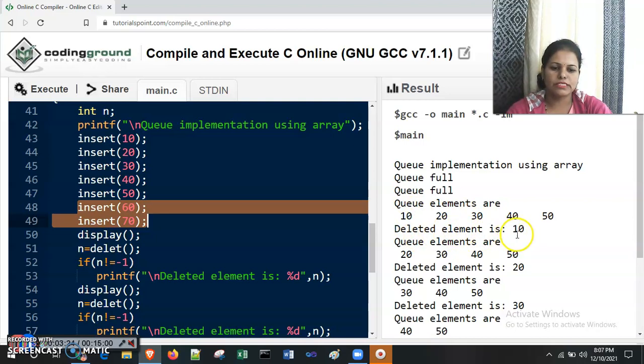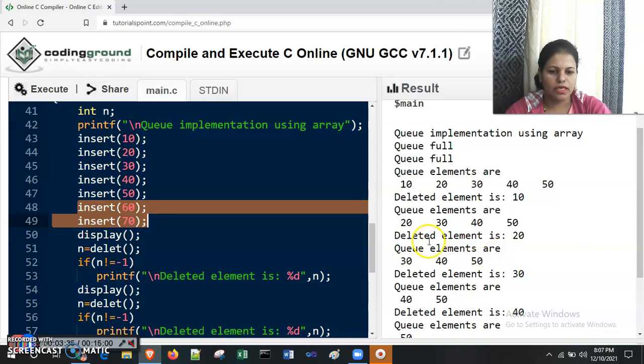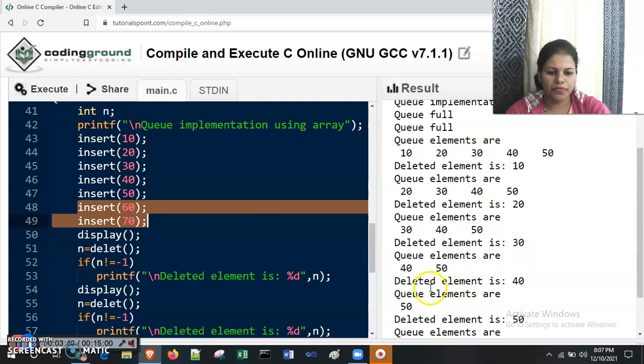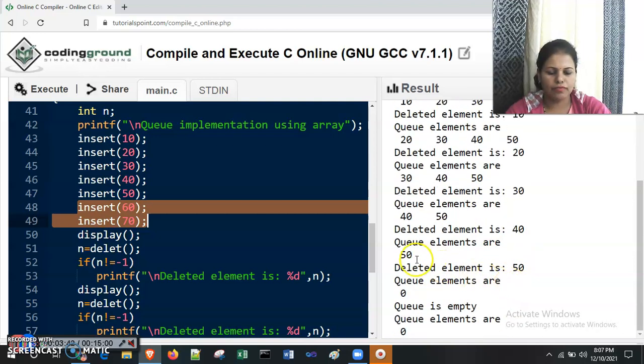Then queue elements we are displaying, 10 already we deleted, so from 20, 30, 40, 50 we get the queue elements. Then the deleted element is 20, then 30, 40 and 50.